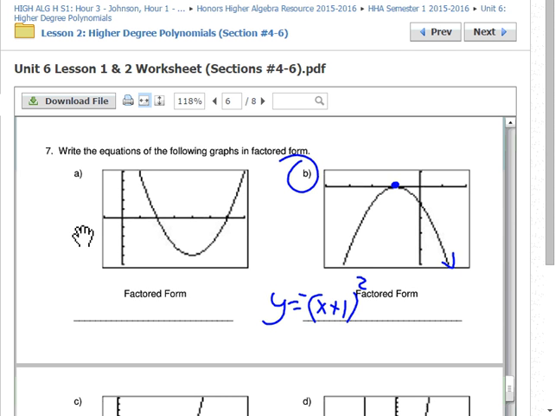We aren't going to worry about stretching on this one because if I go over 1 and down 1, it ended up hitting there, so there's no stretch. It's a good point, though. I'm glad you noticed to think of that. All right, pausing for a second. All right, so